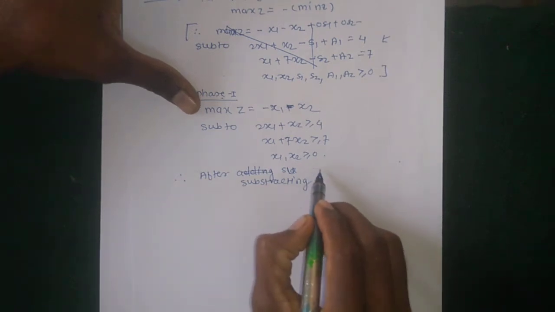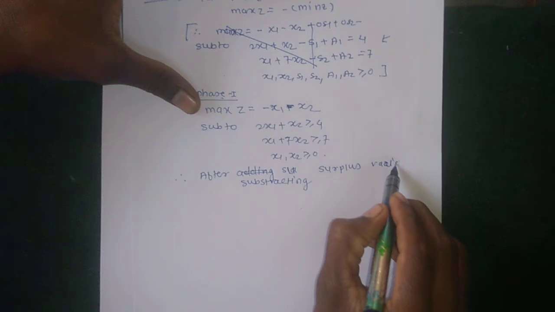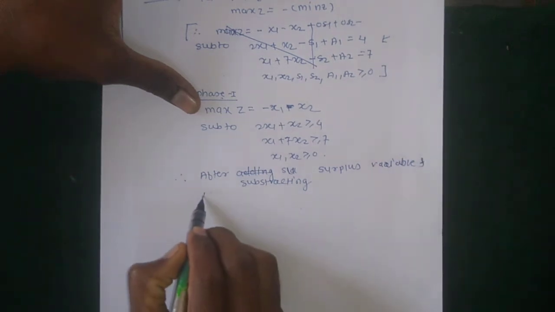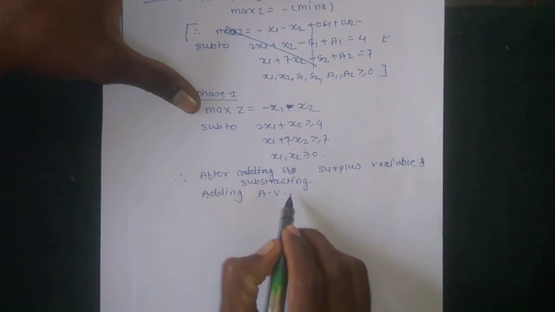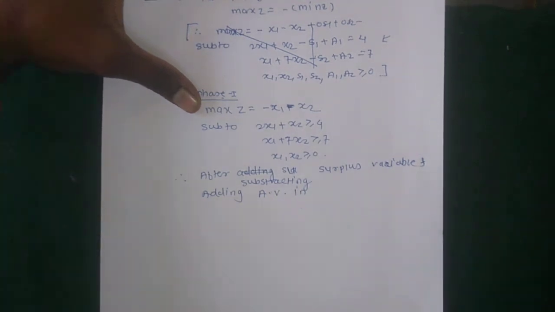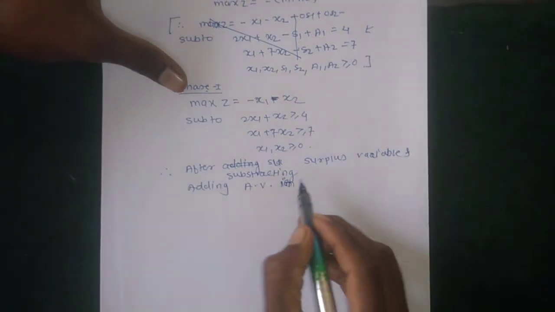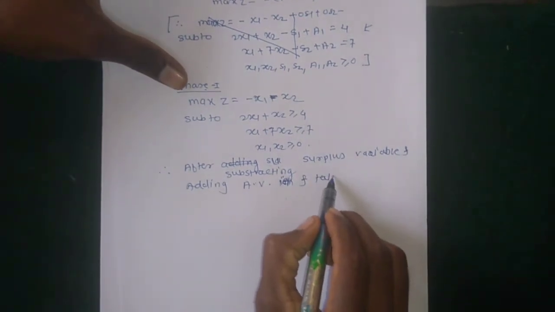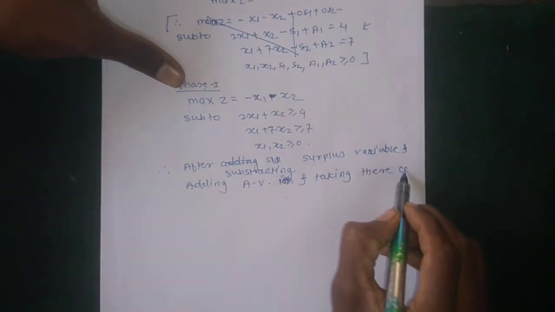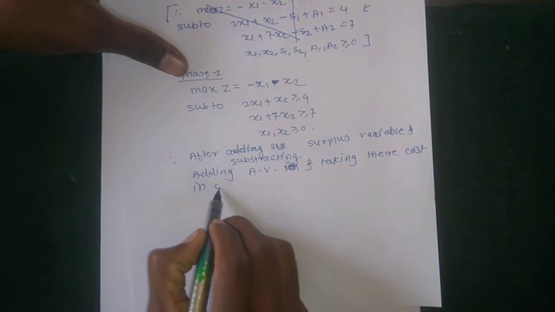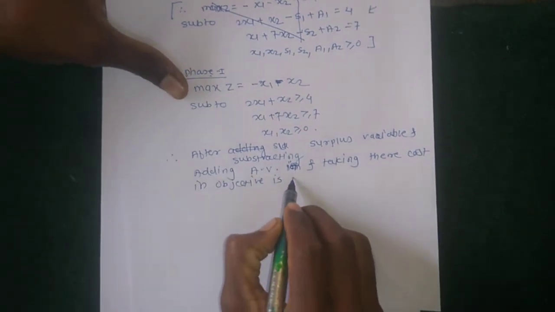After subtracting surplus variables and adding artificial variables, and taking their coefficient or their cost in the objective function is 0